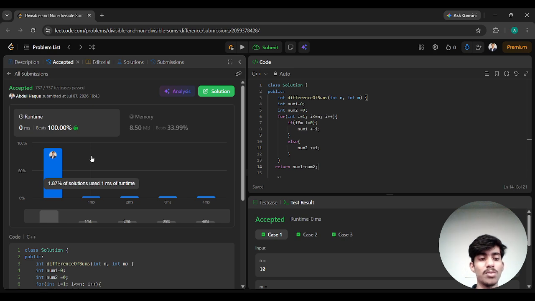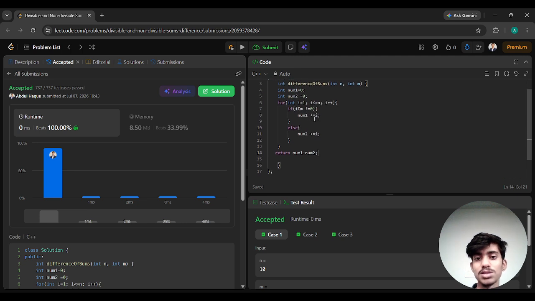Now let's talk about complexity. Time complexity of O(n) and space complexity of